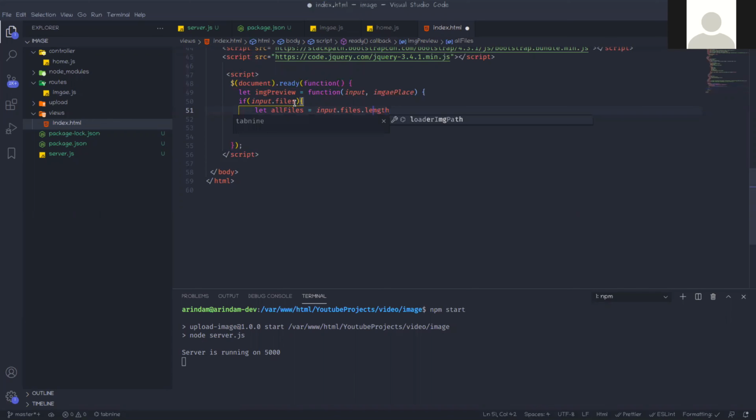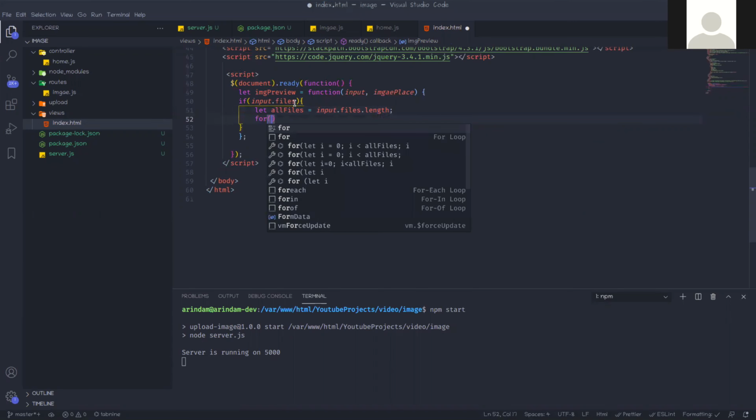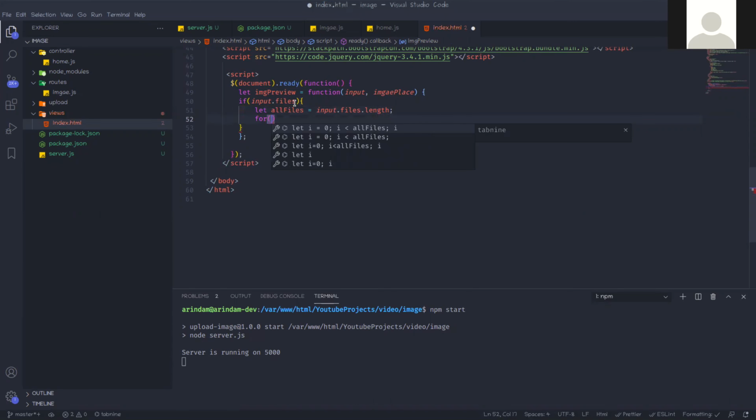Okay, now we are running one loop: for i equal to 0, i less than all files, then i plus plus.